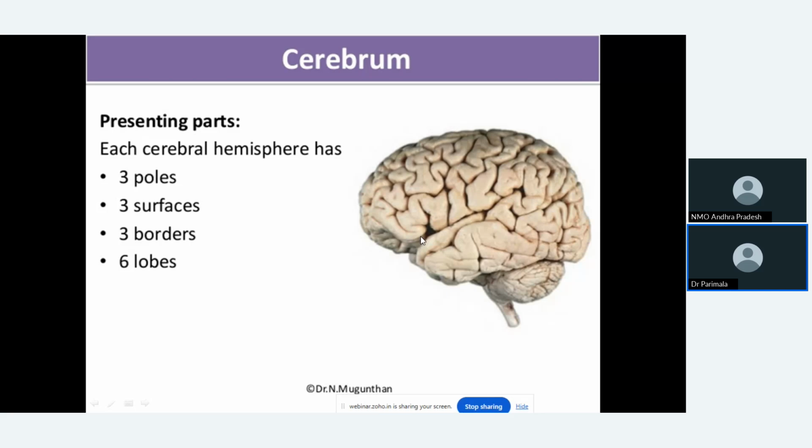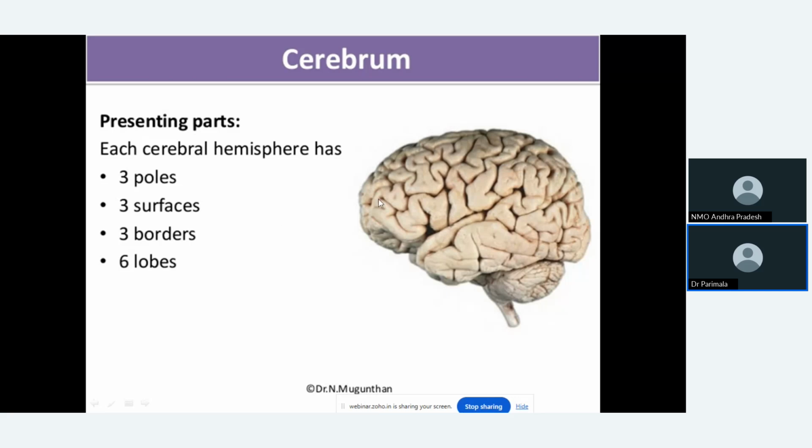In this lateral sulcus, where I am putting my cursor, there is a submerged lobe called the insular lobe. And there is a small lobe concerned with memory, sexual behavior and all. That is the limbic lobe, which is present close to the inferomedial border. Hippocampus is the main part of the limbic system. So that lobe is called the limbic lobe. The insular lobe is a submerged lobe in the lateral sulcus. So this is the brief introduction.